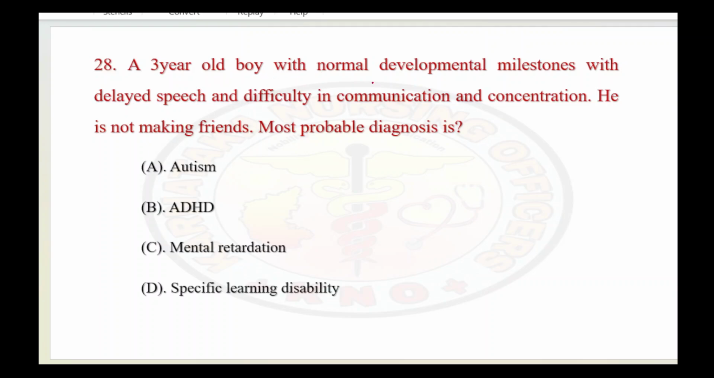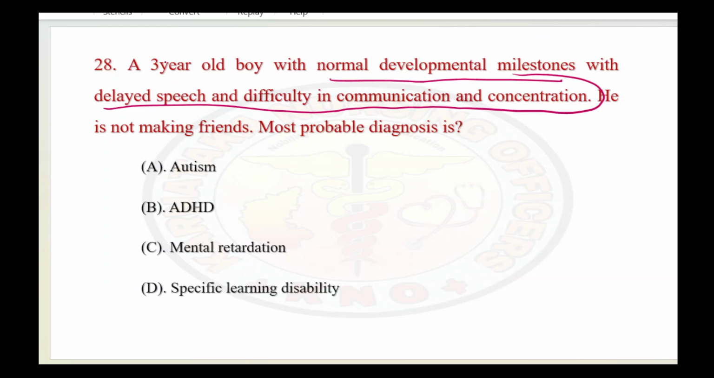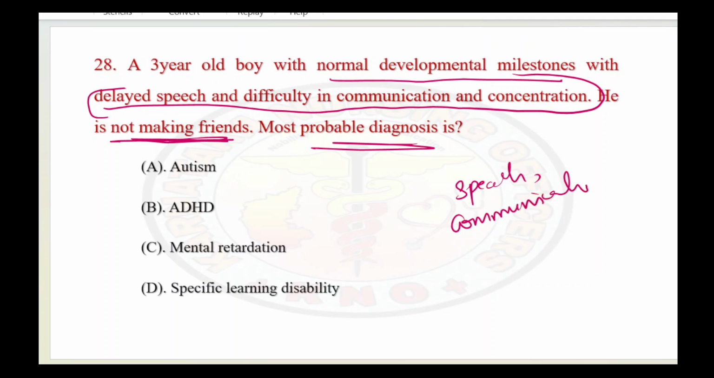A 3-year-old boy with normal developmental milestones. Okay, but still he had delayed speech and difficulty in communication and concentration. So this is the hint they have given you. He's not even making friends. So what problem is he having? Okay, the probable diagnosis. If there is a problem in speech, communication, or difficulty in forming relationships,